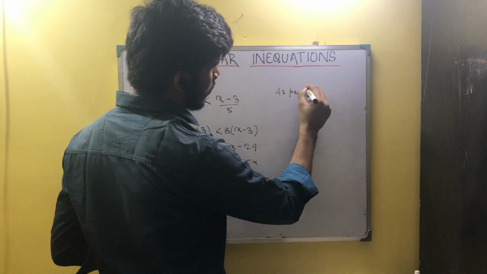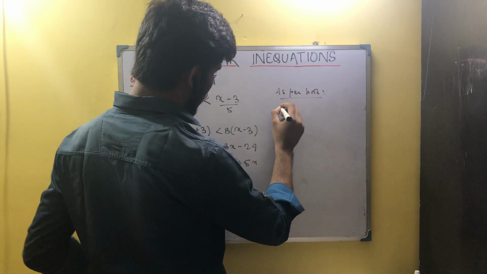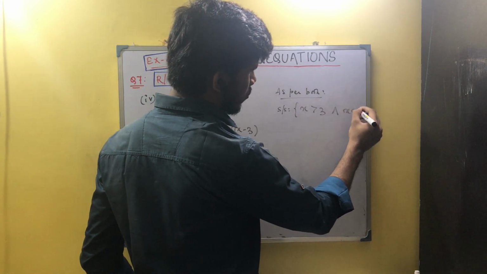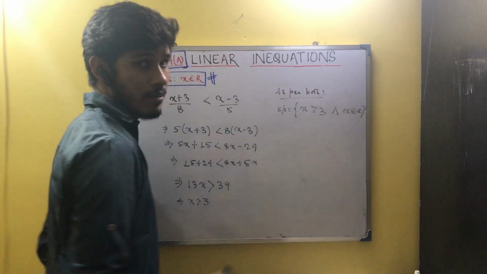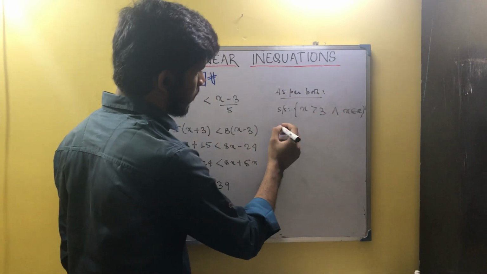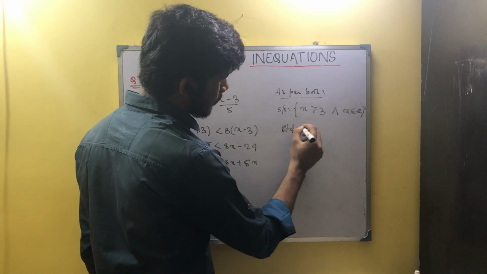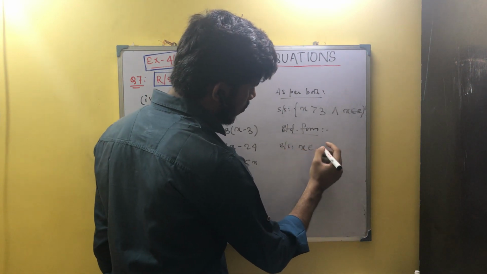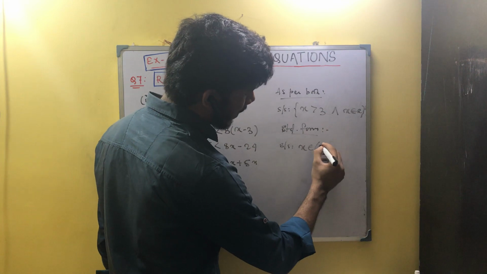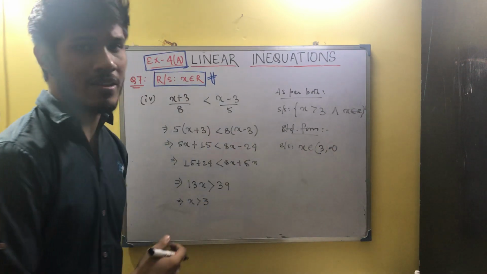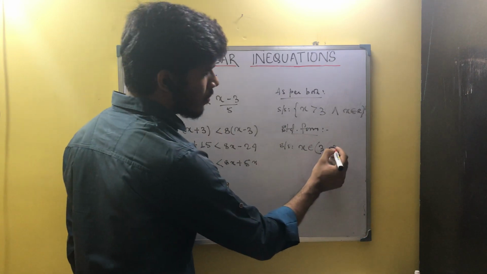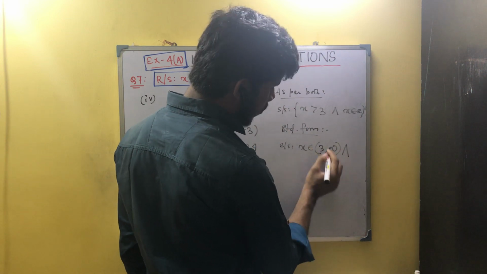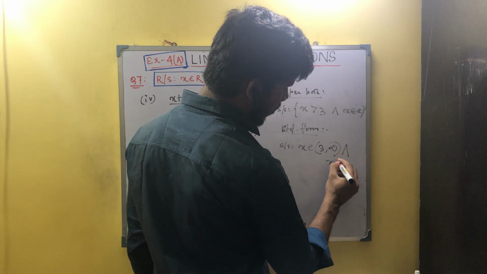So again, as per book, as per your textbook, the answer would be written as x is greater than 3 and x belongs to R. They write the and in the word form, I use this symbolic form. Now in the standard form, the solution set is what? x belongs to, we need to exclude 3, so give the small bracket, and obviously greater than 3. Greater than 3 means you are traveling towards infinity, that is plus infinity. Obviously you cannot achieve that, so again small bracket, and this will be held true, and this is the solution set when x belongs to R.